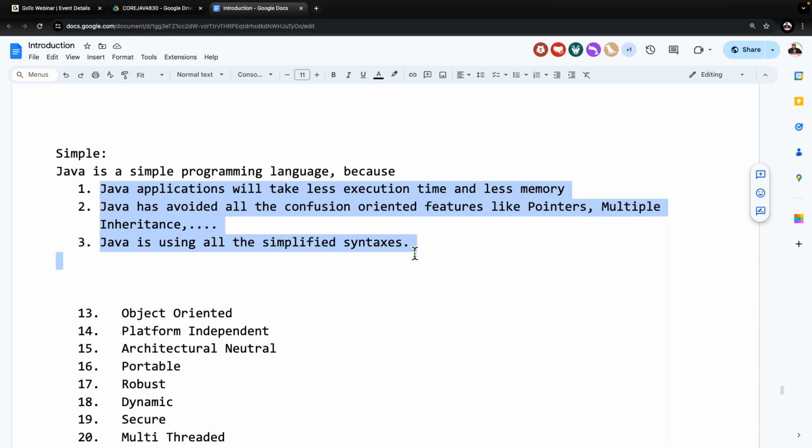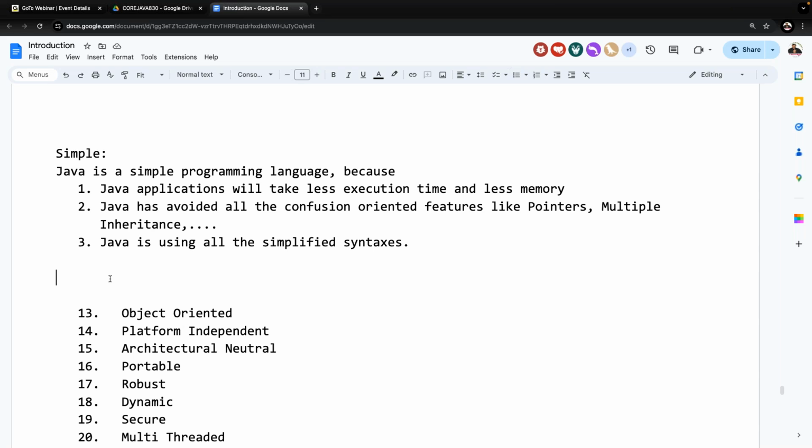Did everyone get my points or not? Right, that's okay, fine. Leave this one. Final conclusion. All of you are getting clarity on this? Finally, at least for the sake of my satisfaction, now repeat it. How is Java simple? I don't require your lengthy answers now. I require short answers here.